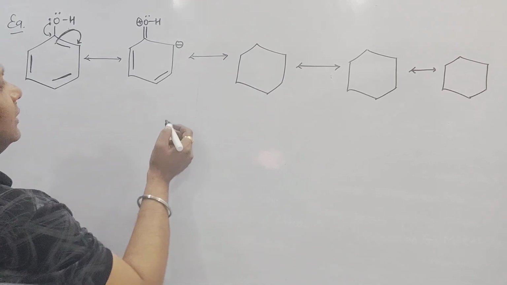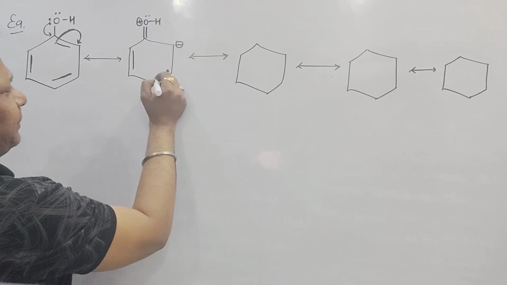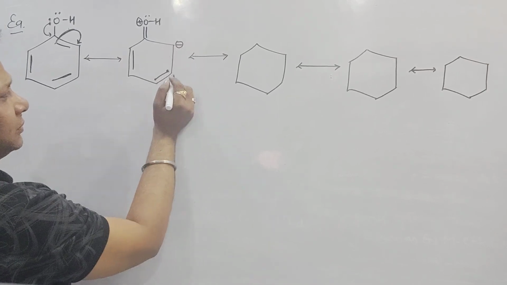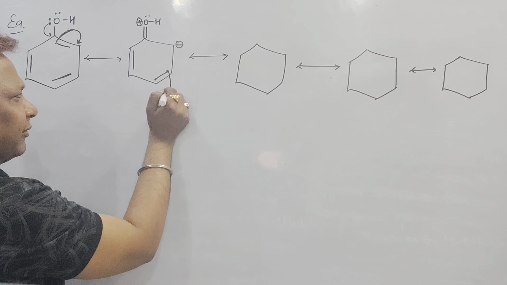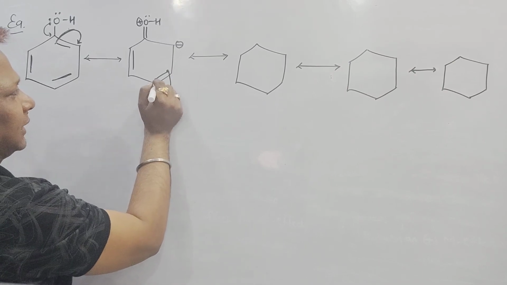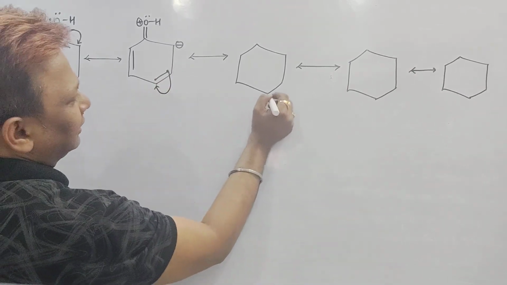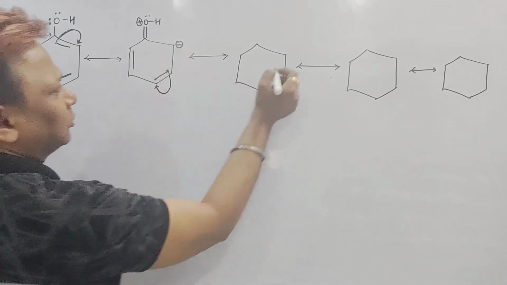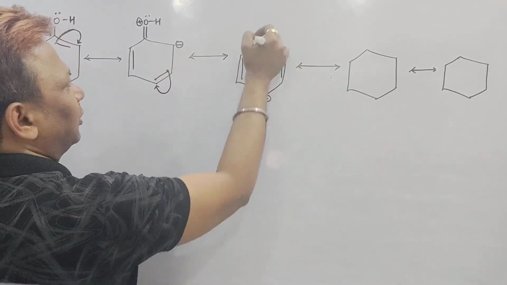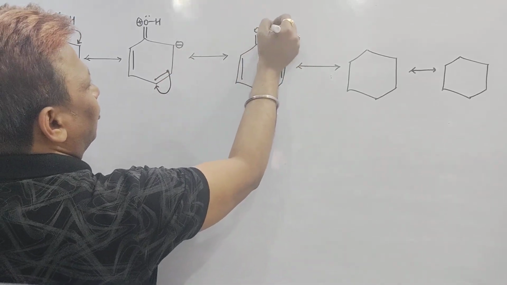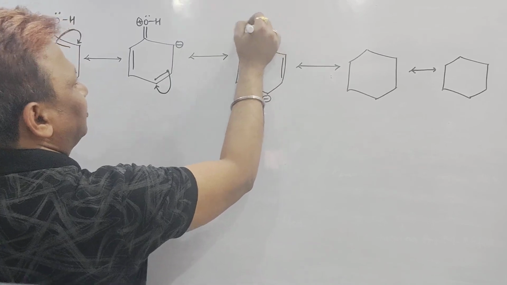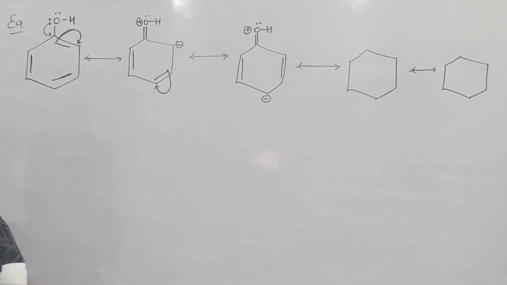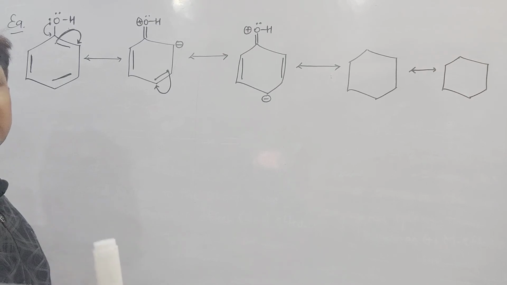Now another case, again beta. We can say now this pi electron is away from the negative charge, beta. So the pi electron will move away from the negative charge. It will get negative on this carbon. It will get positive, negative, beta. Here a double bond, O bonded with H, lone pair and positive charge. Right? Again positive charge I got here.